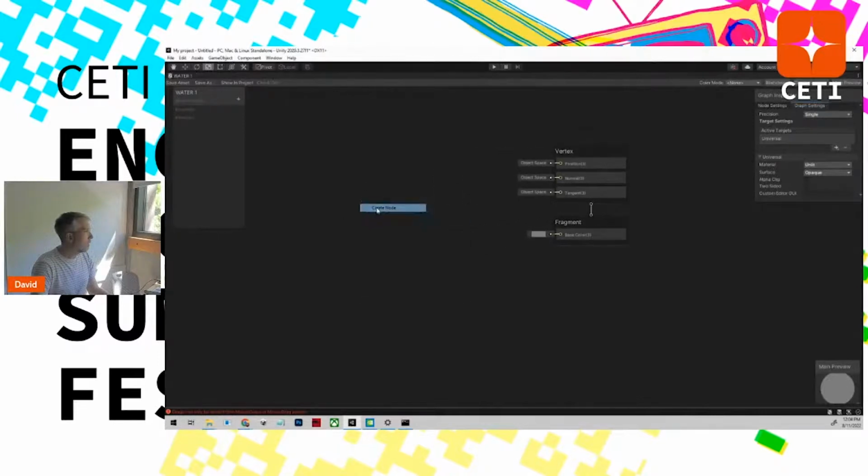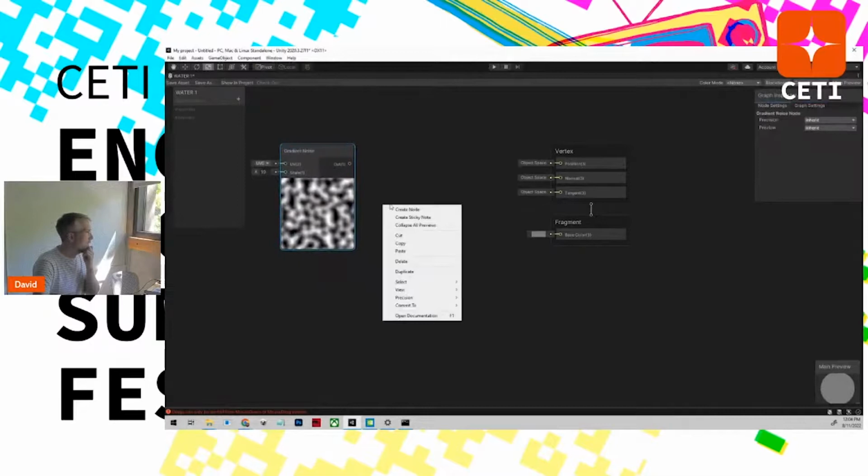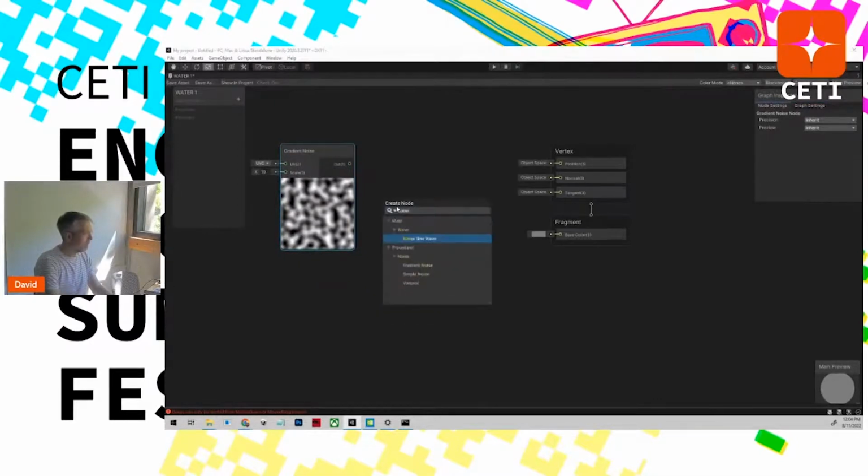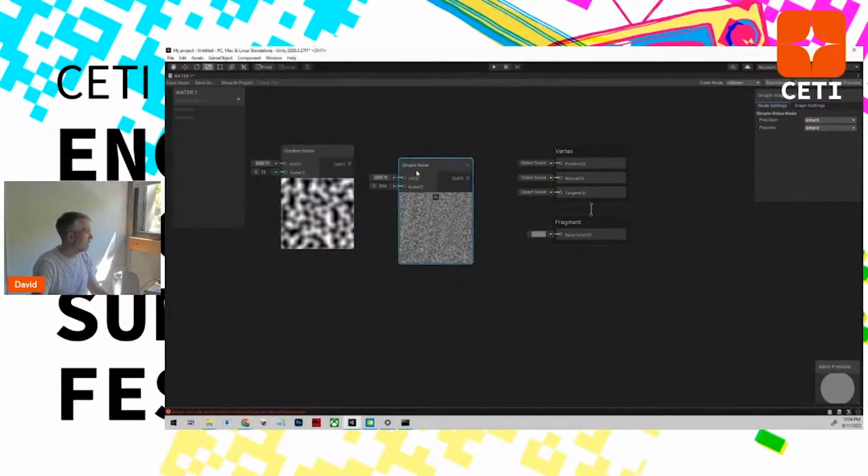All right, so I'm going to use a node in here. There's a few different kinds of noise. I think the gradient. And maybe I'll just pop them all up so we can look at them. So there's gradient noise, simple noise,